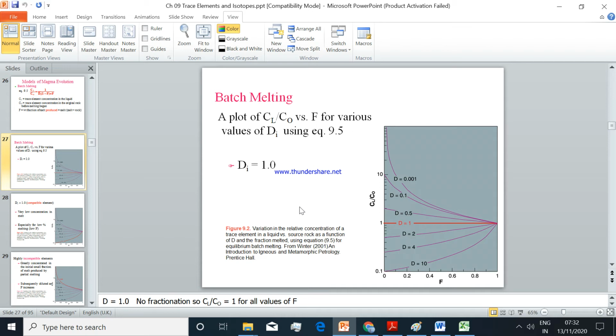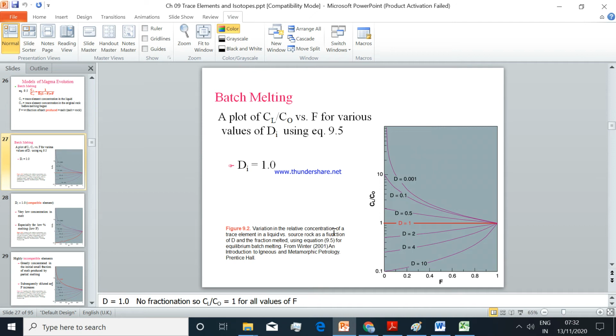whenever the melting is happening, the element will try to go in the melt as much as it will try to stay in the mineral structure, equal. So that's why D will remain 1. But if there are changes, like in case D is different, they will follow these